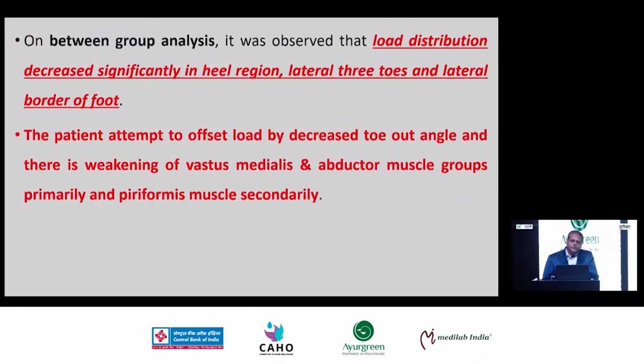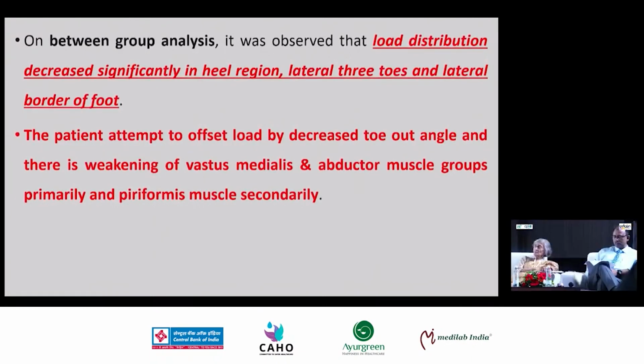On between-group analysis, with the degenerative changes, it was observed that the load distribution decreased significantly, especially in the heel region, lateral 3 toes and lateral border of the foot. And the patient attempted to offset the load either by decreased toe-out angle or increasing it, with compensatory position adjustment responses, and there was weakening of the vastus medialis and the abductor muscle group observed primarily and the piriformis muscle